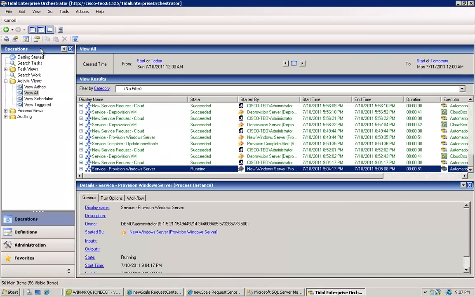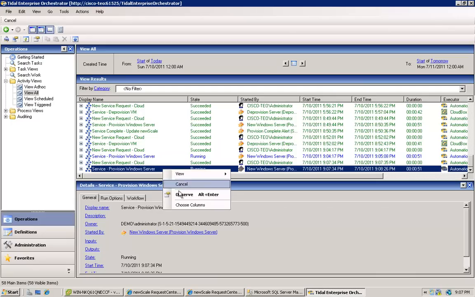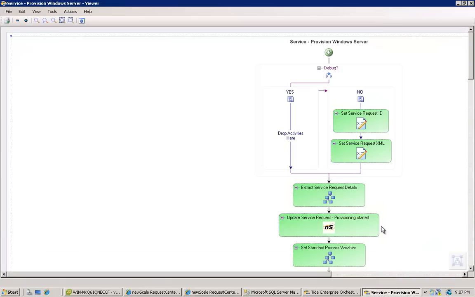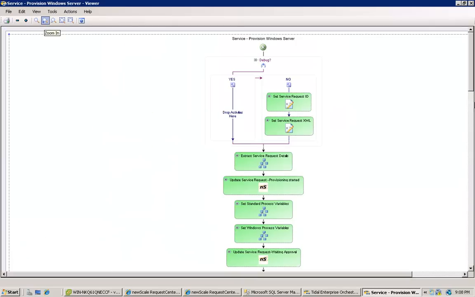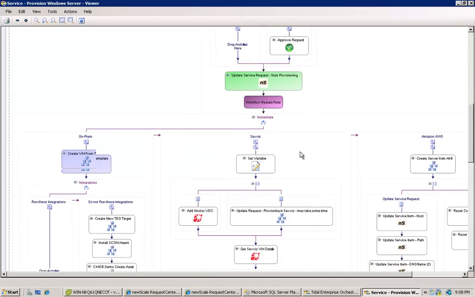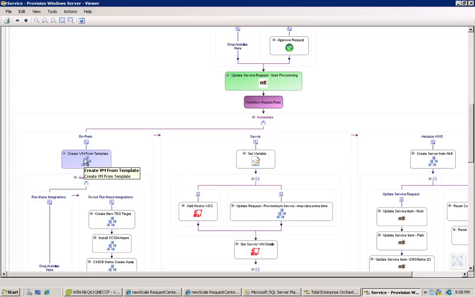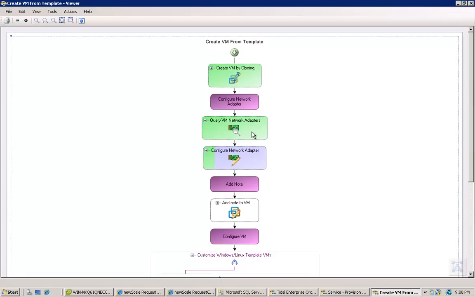Let's take a close look at what's happening here on the workflow for provisioning that other VM. So that workflow is running, and you're going to see that because it's a much smaller VM from a VM image perspective, that's going to execute faster than the Windows 2008. I'm on the phase of creating a VM from template again. Right click on it. You're going to see that we are now querying the adapter, configuring the network adapter,